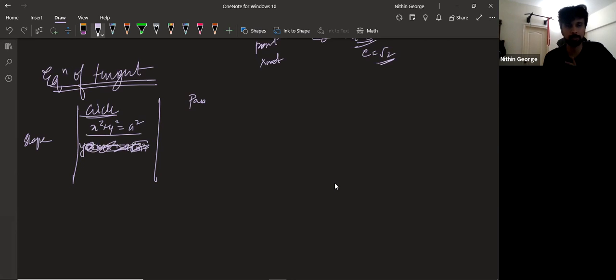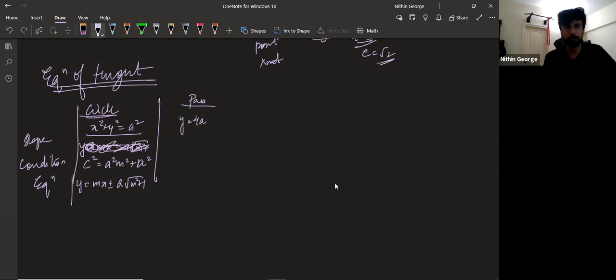What is the condition for this thing tangent? c square equal to a square into m square plus 1, right? So I'll write that as c square equal to a square m square plus a square. Okay. All right. So the line here becomes y equal to mx plus or minus c, as in plus c. c is plus or minus a root m square plus 1. Okay, guys, getting this? This is the condition. This is the equation. All right.